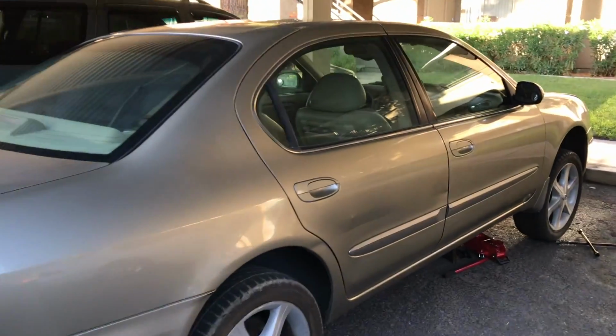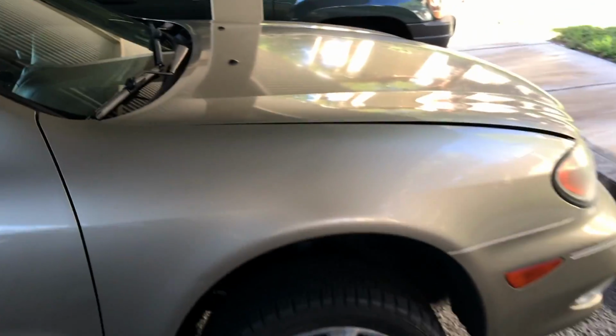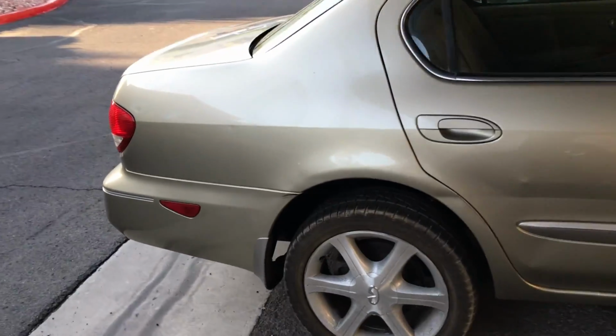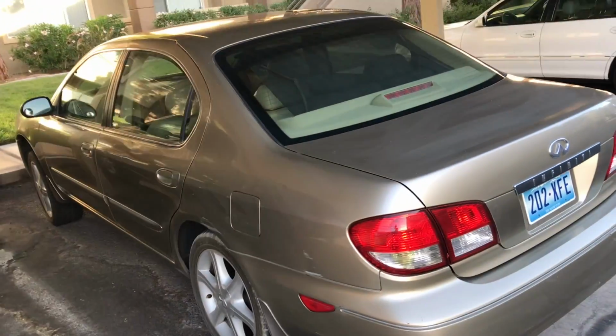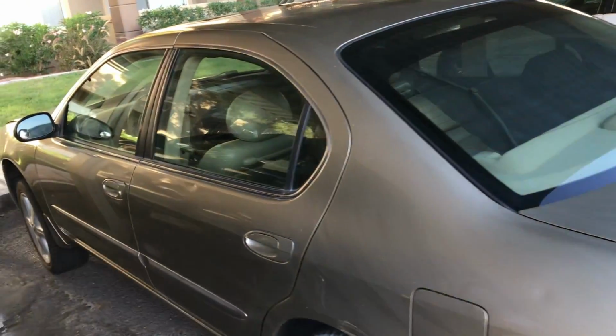Alrighty, so now that we got that wheel back on, I already wiped the windows down just a little bit and just knocked some dirt off the car because it was just so filthy. So when we go to the car wash, it should look a lot better, and we should have something really puzzling on our hands, because I think that wash is gonna make the biggest